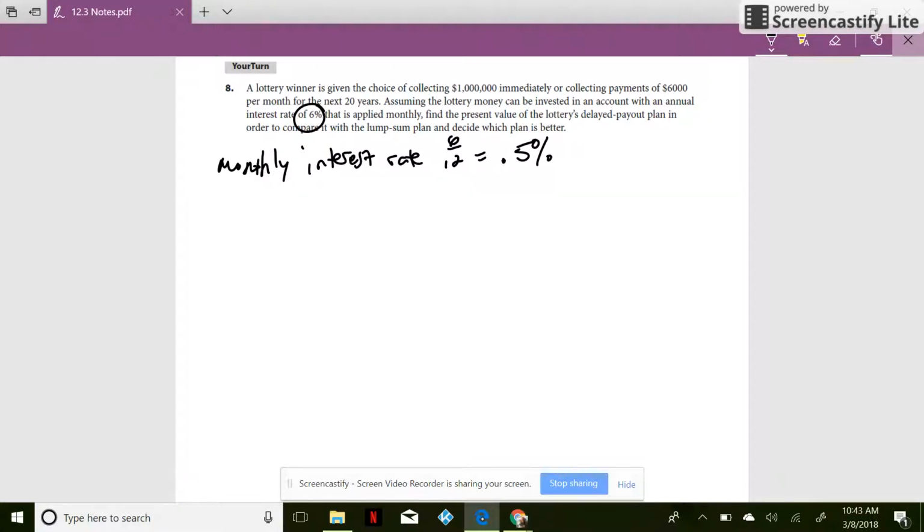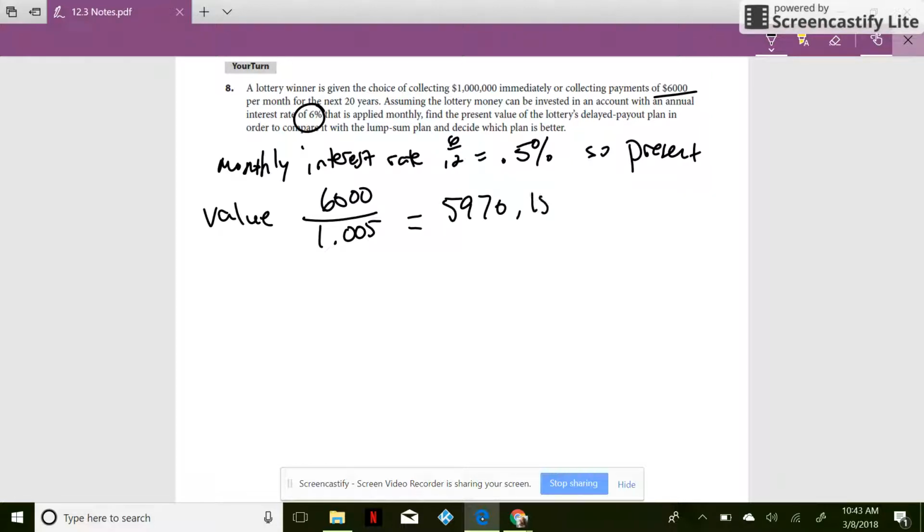We're looking for a present value. So we take the amount of the monthly payments, 6,000, divided by 1.005, because that's taking that value times and including then the interest that it would earn. So that puts the present value at about 5970.15. So that's going to be our A,